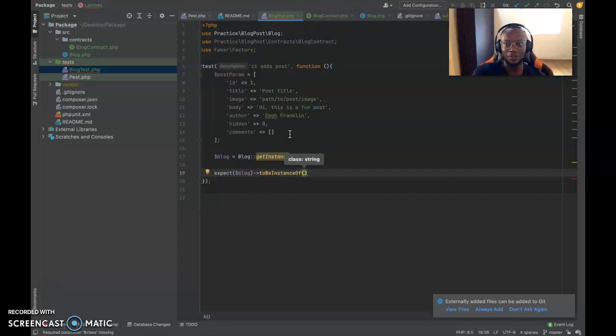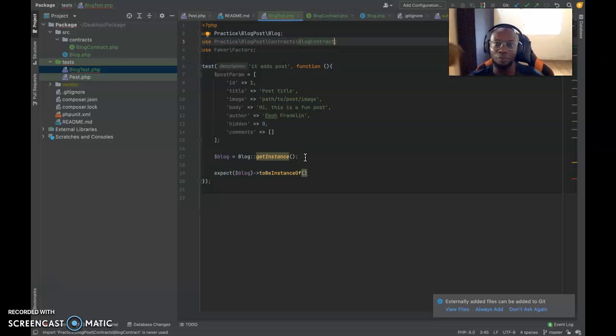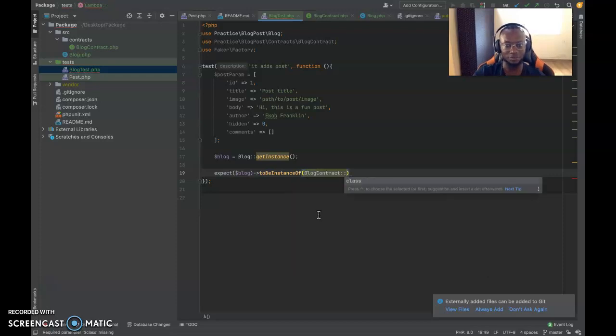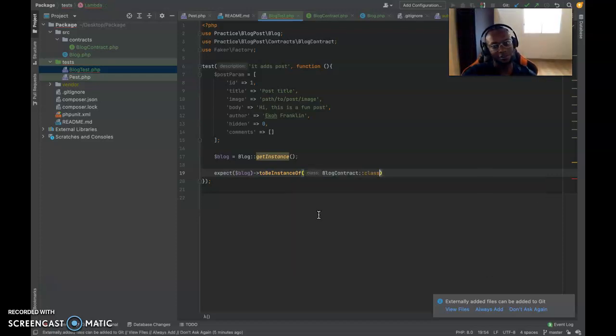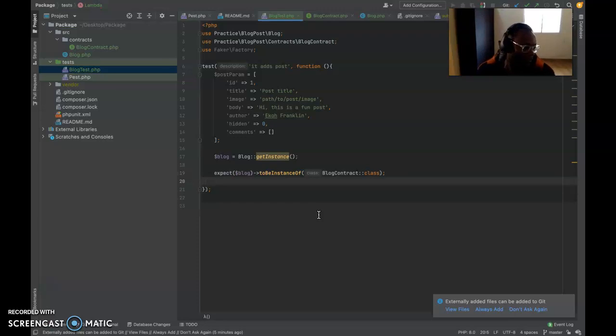To be instance of the blog contract. So we are testing that this blog is the instance of the blog contract. It represents the blog contract, or rather the blog contract is a complete model of the blog class. So what are we passing here? We're passing the blog contract class. Lovely. Then expect